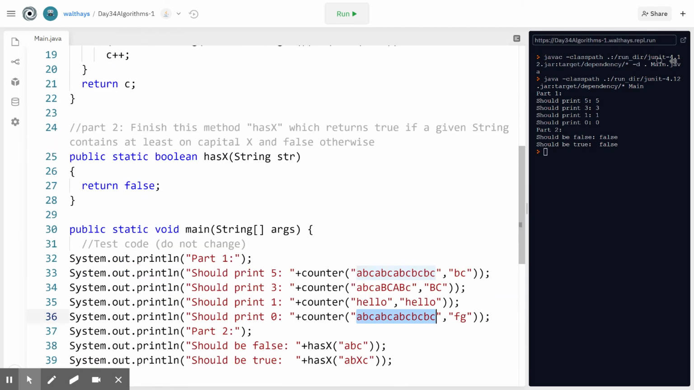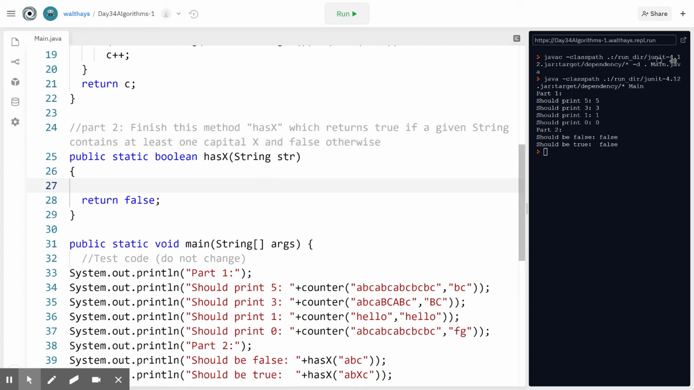Okay, so let's do part 2. Finish this method hasX, which returns true if a given string contains at least one capital X and false otherwise. So what I did was made a for loop where we go through every single character: for int i equals 0, i less than str.length,